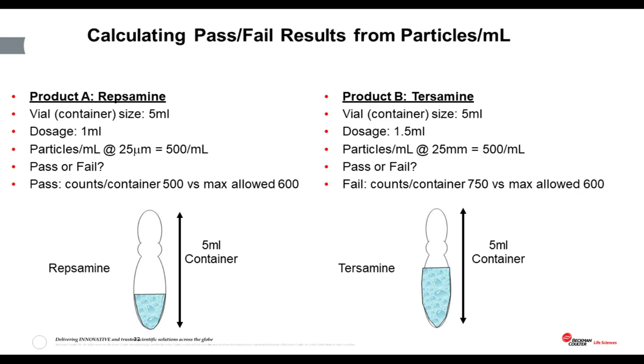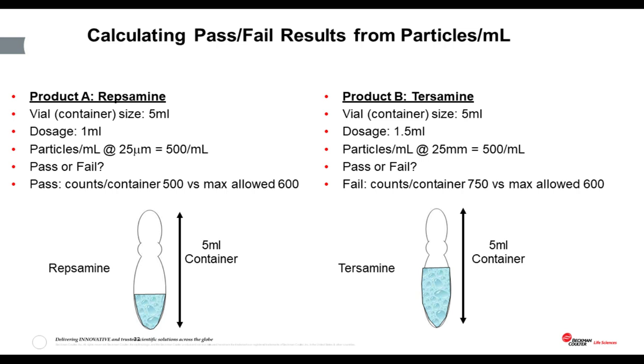Now, running the test for both product types on a standard particle counter delivers the same concentration of particles at 25 microns of 500 particles per milliliter for both. Now, is this a pass or a fail for these two products? With product A, there's just 1 ml in the vial. So with 500 particles per ml, the container itself only contains 500 particles at 25 microns. And this is a pass when you compare it to the maximum allowed per container of 600 in the compendial